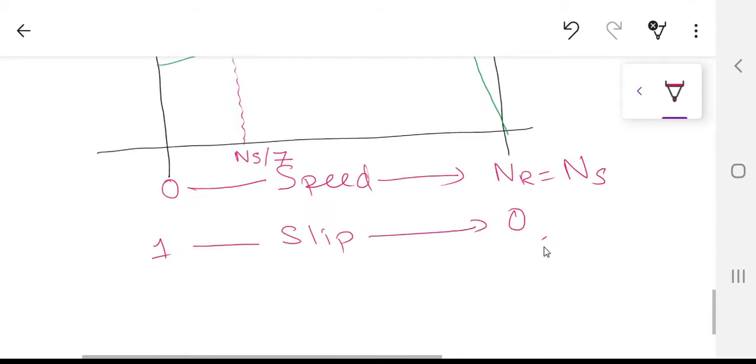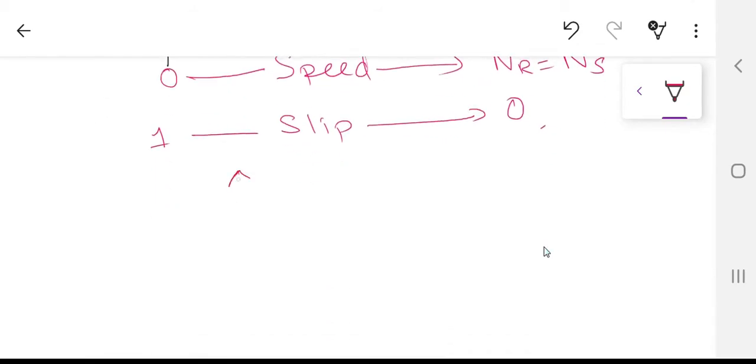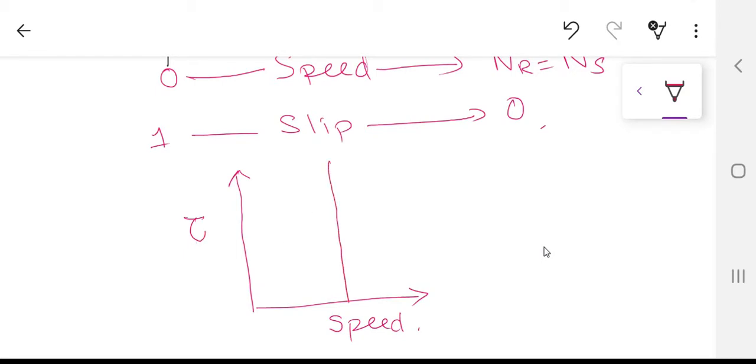For those who still have no idea what I'm talking about, if you remember the torque speed curve of a synchronous machine, you had speed on the x-axis and torque on the y-axis, and it was a straight line. Why a straight line? Because synchronous motors always work at a constant speed. Supposedly this was the full load torque point for that machine, and the machine was working up till this point. If it cannot supply that torque, it will not even move, because there is no locking between the stator and the rotor.